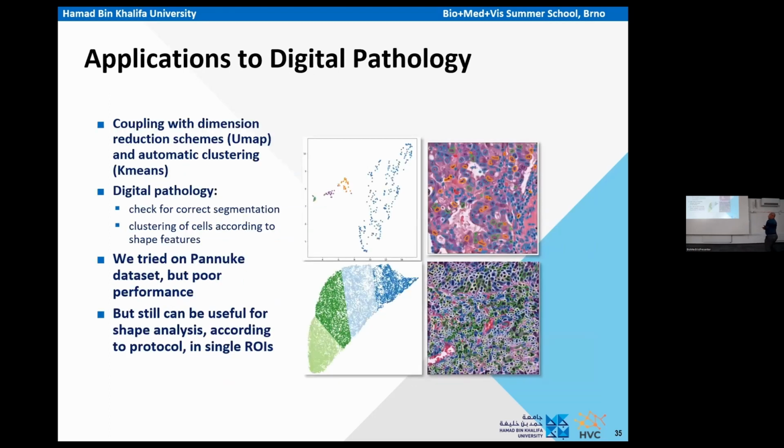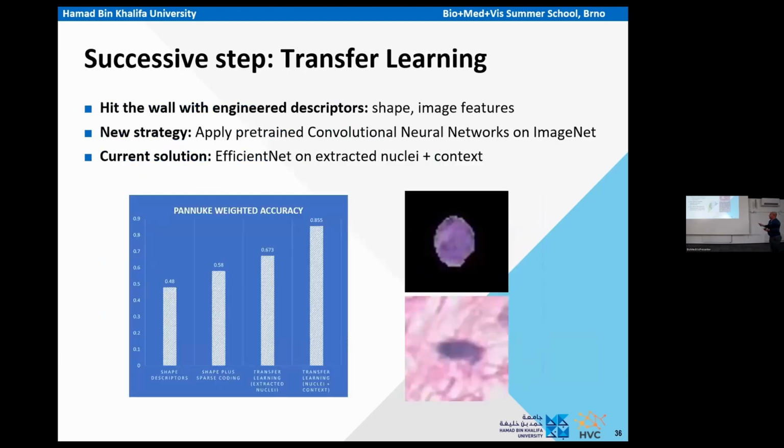And it's like what we tried when we developed this framework is our goal was very ambitious. We wanted to use it for automatic classification. So we directly targeted PANUC, and then we discovered that the performance was poor. We discovered that even